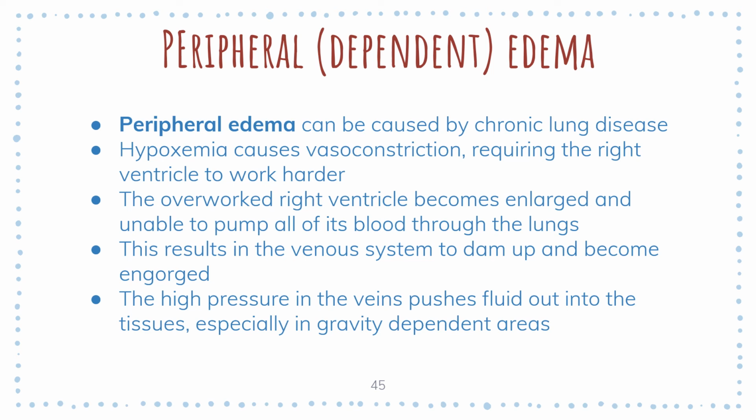Peripheral edema can be caused by chronic lung disease. So you think about hypoxemia, actually in the lungs, causes vasoconstriction, which then is going to require the right ventricle to work harder, so it's going to increase that afterload. It's going to have to push against the constricted vessels, so it's going to make the right heart work harder, and then as that progresses and keeps going on, the right ventricle becomes enlarged and eventually is not able to pump all of its blood to the lungs, and then this results in the venous system damming up